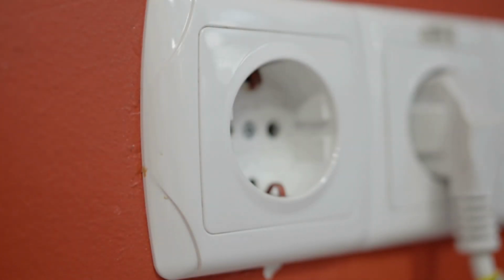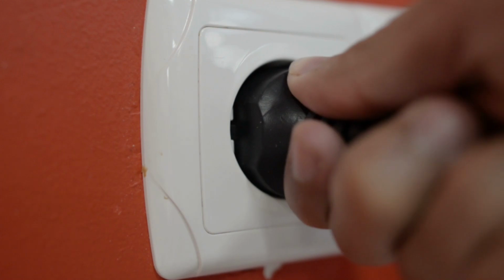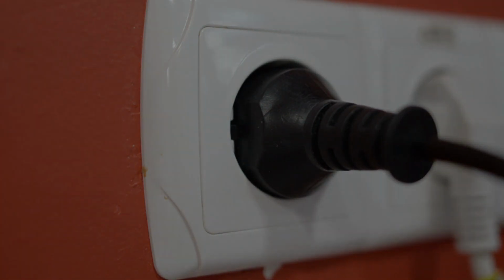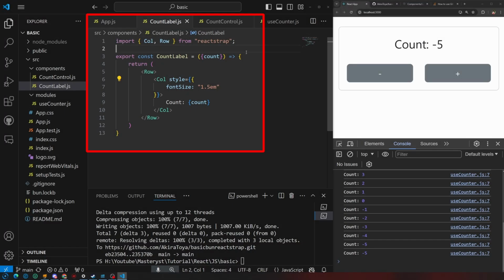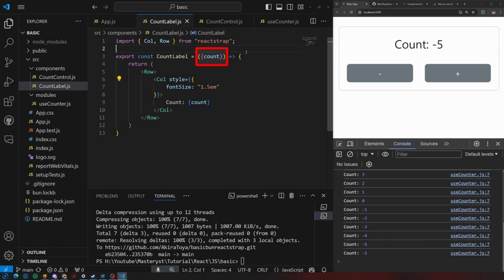I see a socket, and I have a plug that matches the socket. So I can plug it in with no care on what I send using the plug. And inside the socket is like a black box that does something with what we gave it via the plug. In our specific case, that black box is our custom component. The plug is all the parameters that we send to the custom component. And the socket is our props, or our interface. So yes, props is actually an interface.